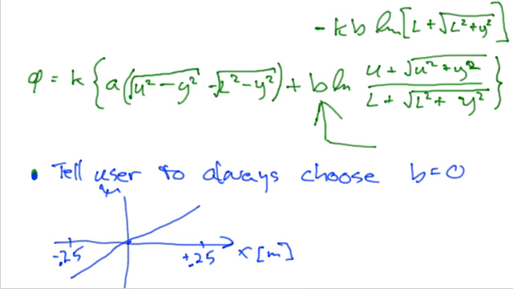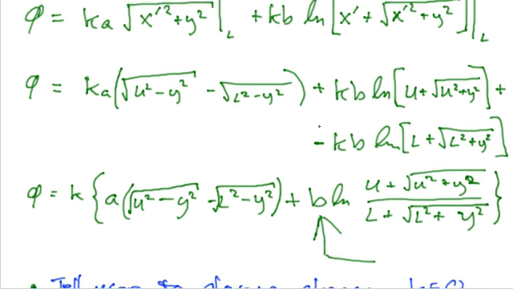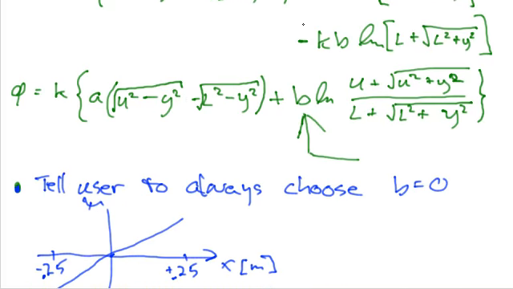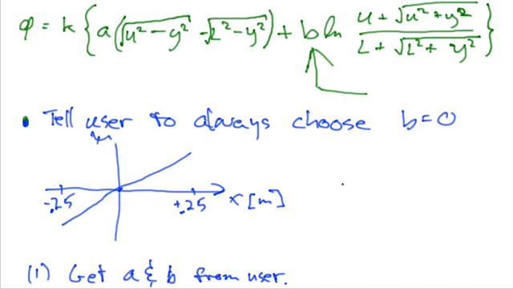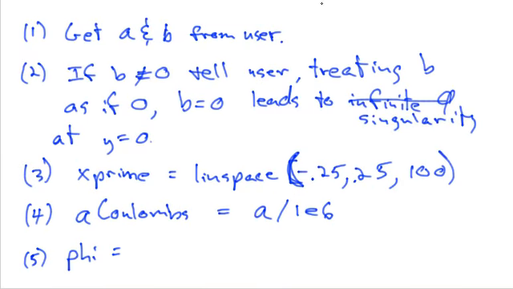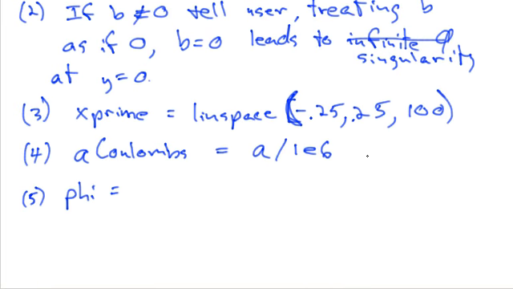A times that. Let's make sure that's correct. I think that looks good. So it's going to be K-A times that difference of square roots of differences of the squares. Phi is equal to K-A times,